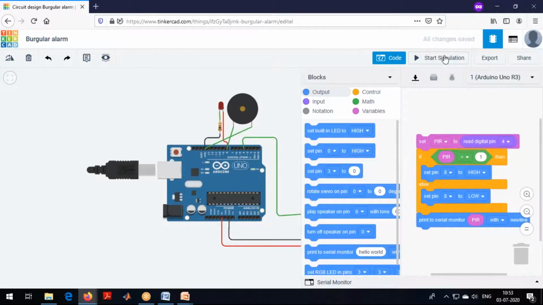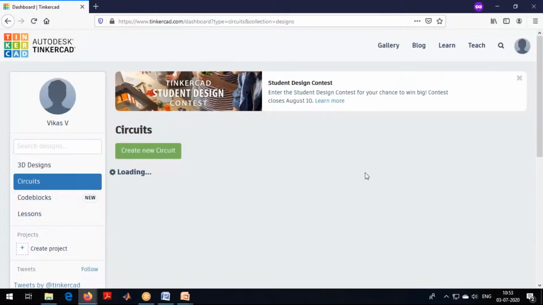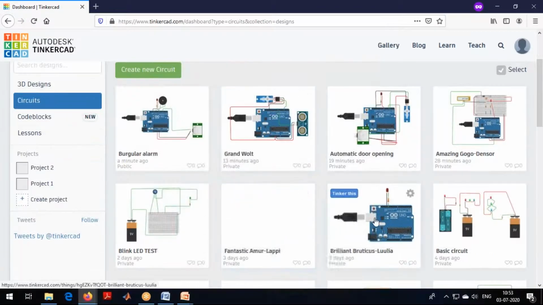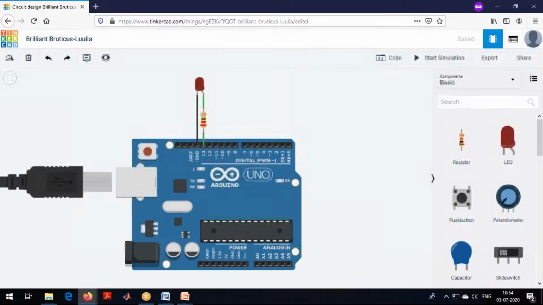Okay, so I want to stop over here. I'll go back to the original circuit of LED, because I even wanted you to see how we can actually dump code into hardware.